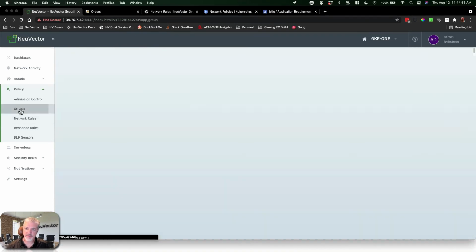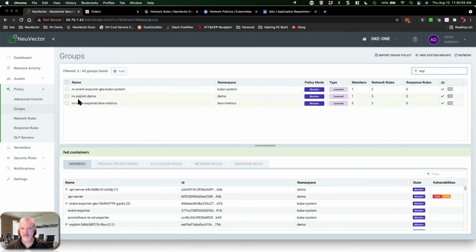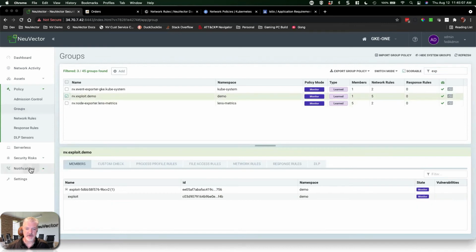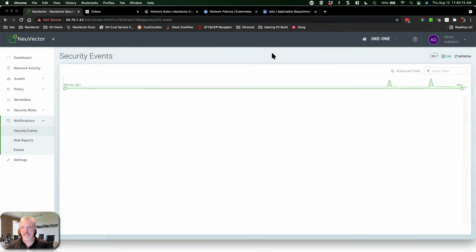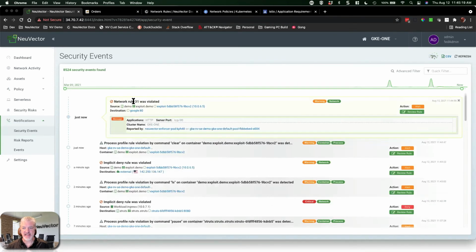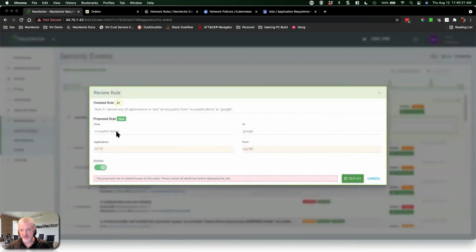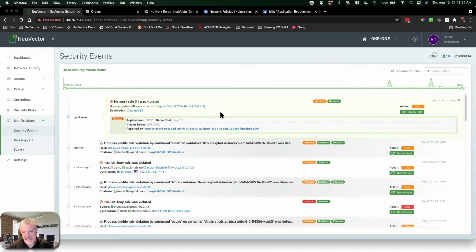But let's go back to groups real quick. Go back to our monitor here. So here's that demo. It's in monitor mode, right? So if I go to my notification security events, I'm probably going to have a security event saying, hey, we weren't going to allow that, right? So there's that network rule 31 was violated, right? I can review that rule right here. Yeah, I was saying, no, we are not allowing that traffic to go from there,